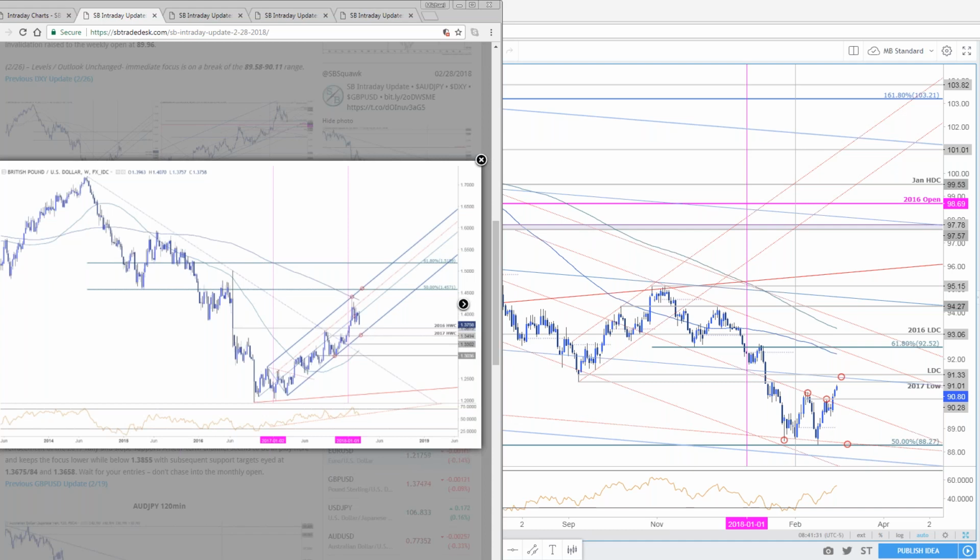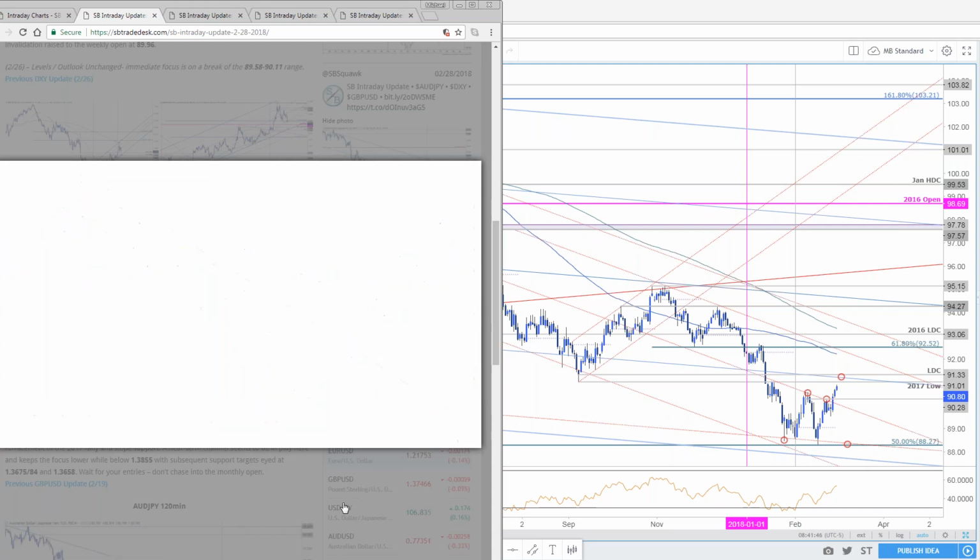But that decline, it's important to keep things in context. This whole decline off the January highs is still keeping price within the broader uptrend structure that we've been following nearly 2 years, right? Nearly 2 years. So just keep that in mind. Weekly, daily charts look like this.